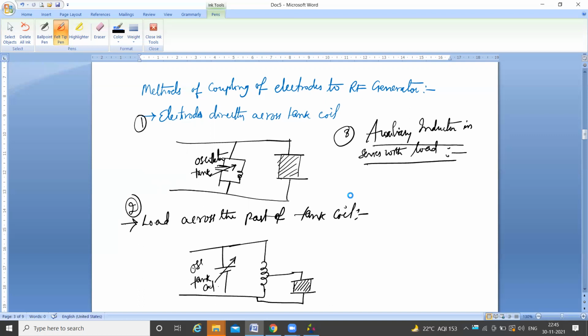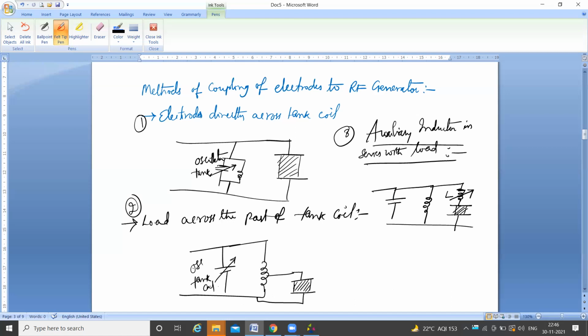Here, the load shown in the figure is the same tank circuit, a parallel combination of L and C, with one auxiliary coil, and here these electrodes in series. This variable inductance is the auxiliary inductor,